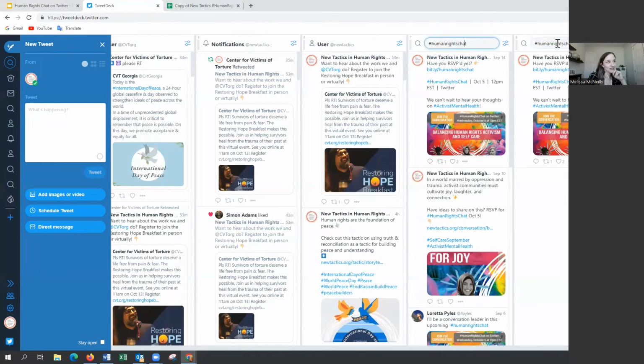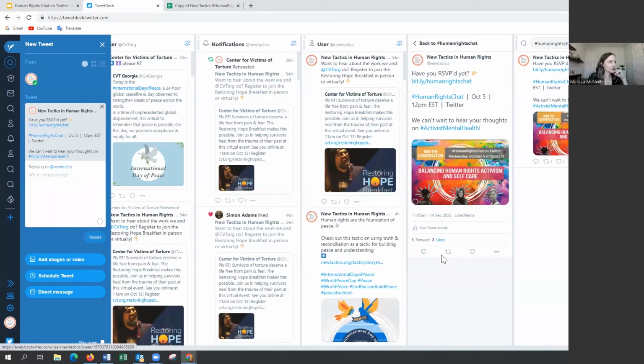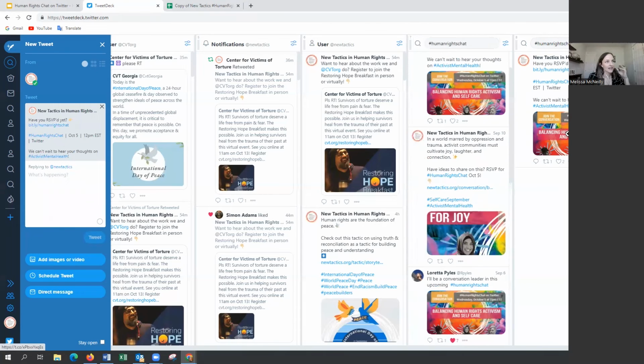Another pro tip is I really do like having two columns in TweetDeck for hashtag human rights chat. And I'll tell you why. The conversation can start to go quite quickly. And it's nice to have one column where I can go in and read what people are saying, and I can reply right there within TweetDeck, and then have the other column just continuing to show me the live feed so that I make sure that I'm not missing a question or something important that comes up. So my pro tip would be add 2 human rights chat columns so you can see one live feed